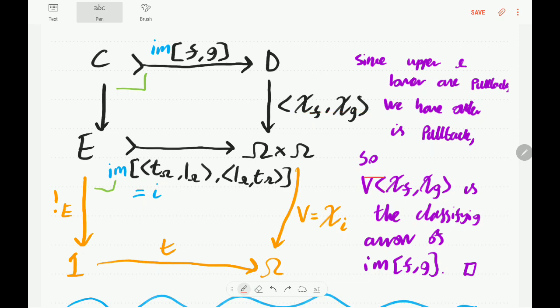So in conclusion, OR of χf comma χg is the classifying arrow of Im of f comma g. So in other words, by the definition of union, or at least this is one way we can define union, we can say that